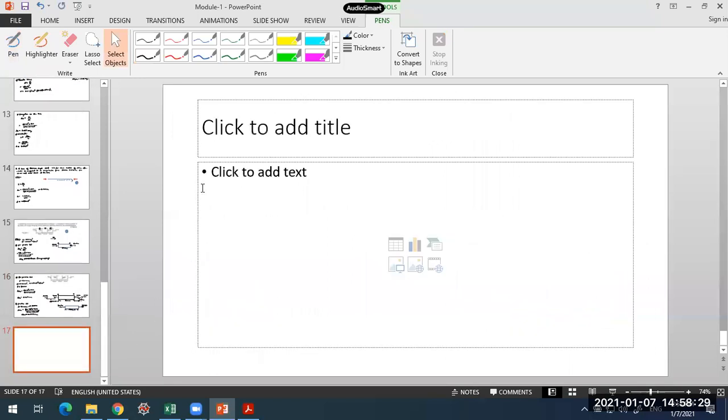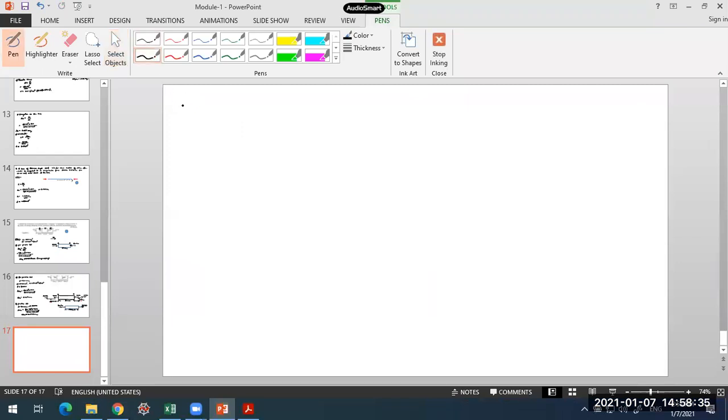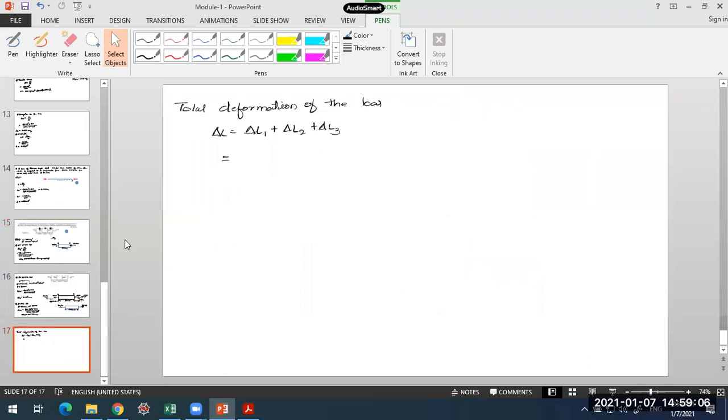0.375 mm. What is the net deformation? We have to add all the three deformations now. So total deformation of the bar, delta L will be equal to delta L1 plus delta L2 plus delta L3. Delta L1 was coming out to be compressive, so it will be taken minus 0.1875. This load here is compression, and what it is causing is a reduction in the length. So I'll take this as minus